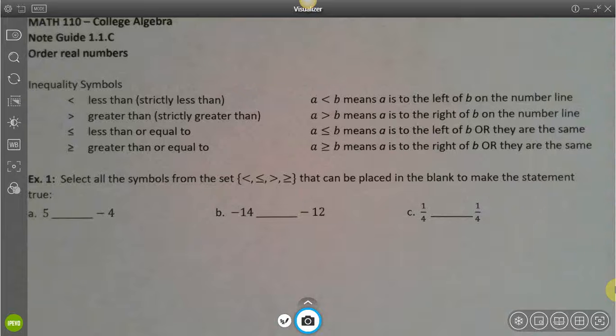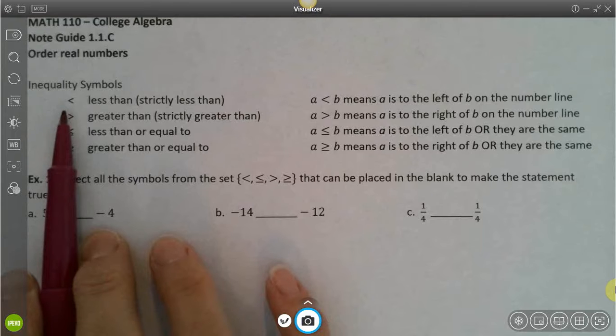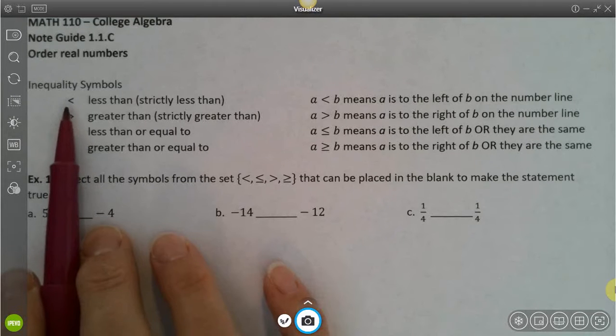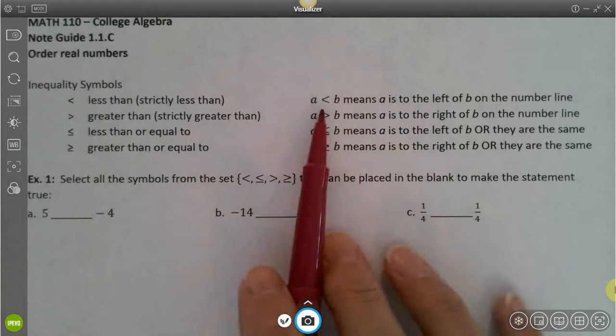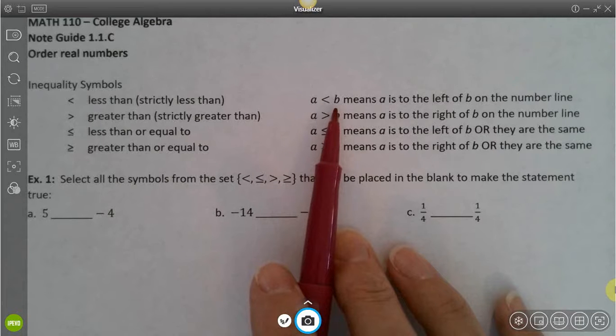Some symbols that we will run into quite frequently that we want to become familiar with. The first one on the list here is the less than symbol. You'll sometimes hear me refer to this as the strictly less than symbol, and I'll talk about why momentarily. But when you see this in between two numbers, it just means that the first one is smaller than the second one. Or in terms of our number line, the first one falls to the left of the second one